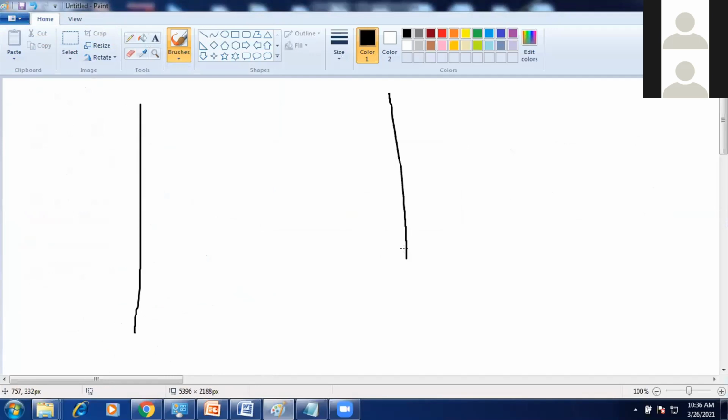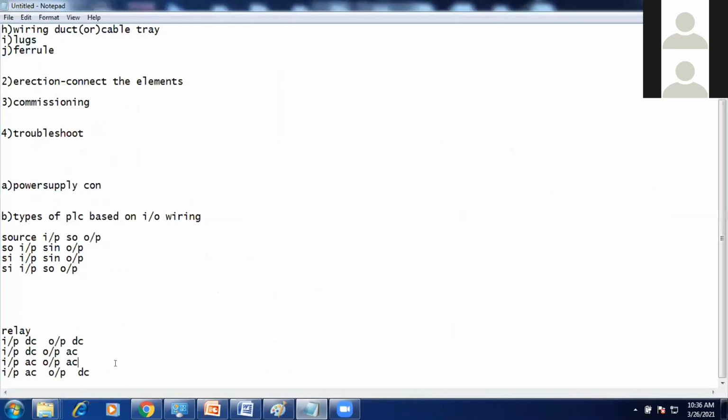Just consider some of the concepts here. Based on that, we will design it in a PLC and then feed it into the PLC.